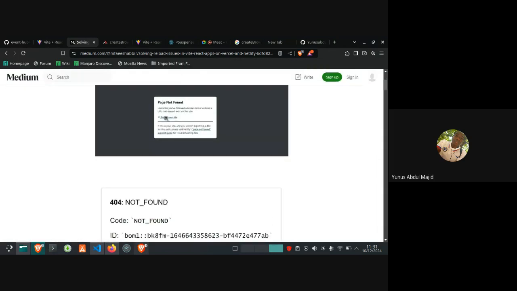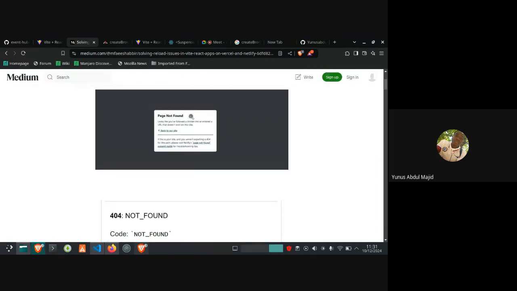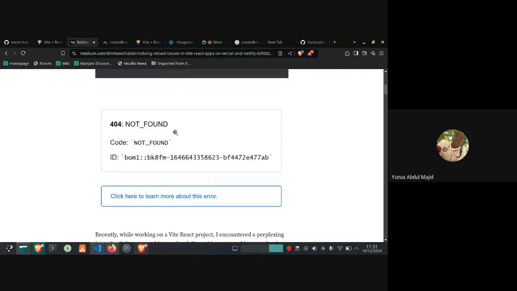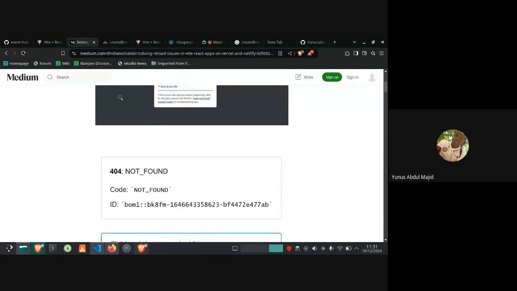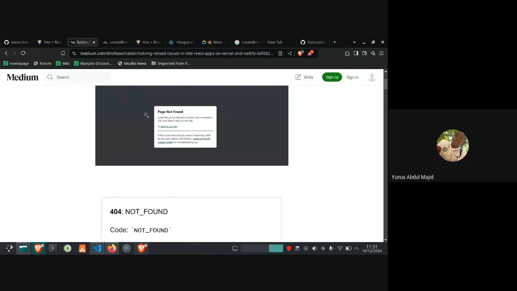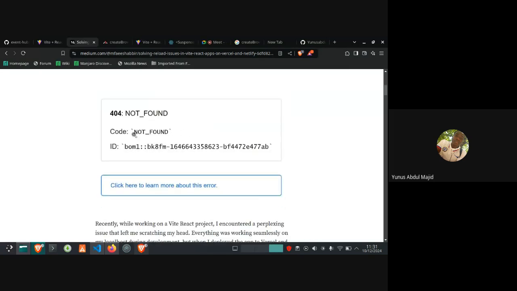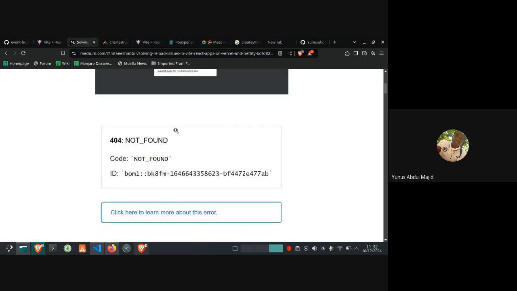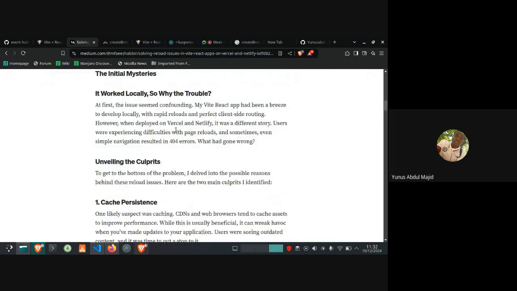This one looks like a Netlify one, but they also wrote about Vercel. If you're on Netlify, this is how it will show you, and if you're on Vercel, it will show you like this, while on Netlify it will show something like this. So this is what the person wrote about it.